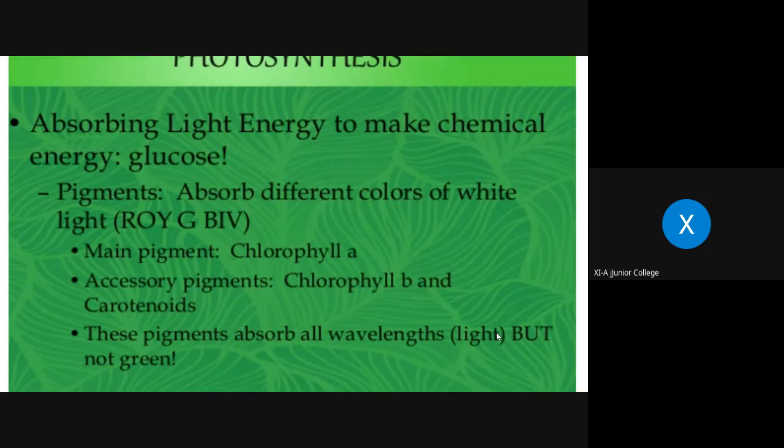The main is the one which is functional, and accessory are the ones which are helping, assisting. So chlorophyll A is considered to be the main pigment, whereas chlorophyll B and carotenoids are accessory pigments. Carotenoids contain xanthophyll and carotenes of different colors. Okay,